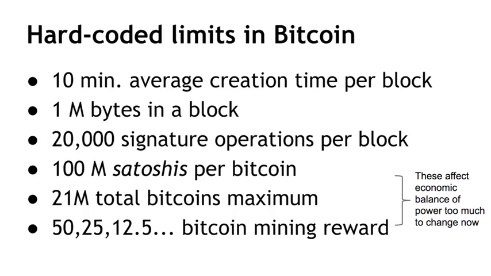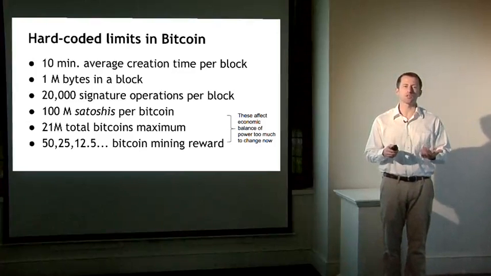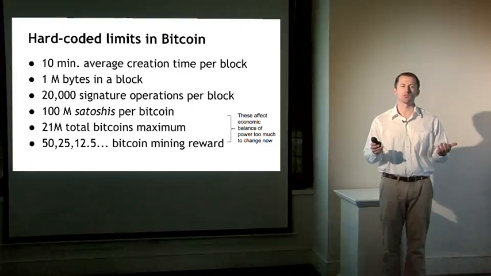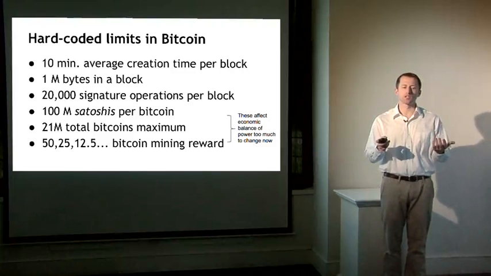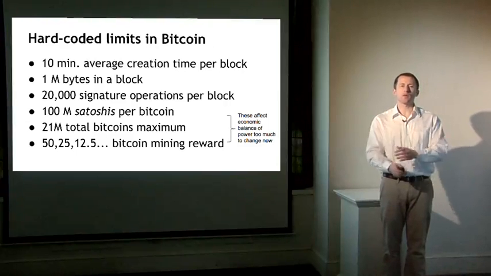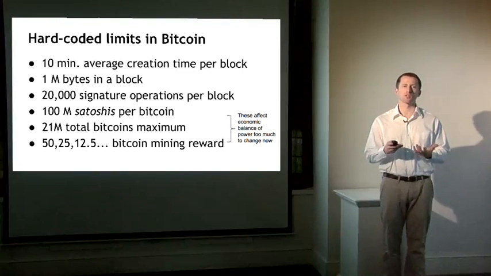The limitations on the total number of Bitcoins in existence, as well as the structure of the mining rewards, are very likely to never be changed because the economic implications of changing them are too great. Miners have invested a lot of real-world resources into becoming miners, assuming that Bitcoin rewards would take a certain shape and that the limited supply of Bitcoins would remain the way it's been planned. So if you change that, that would have large financial implications for people. So for that reason, the community has basically agreed that those values, whether or not they were wisely chosen, we're